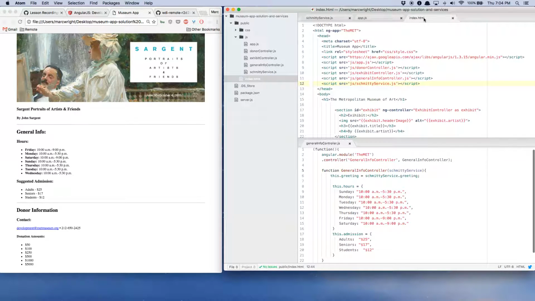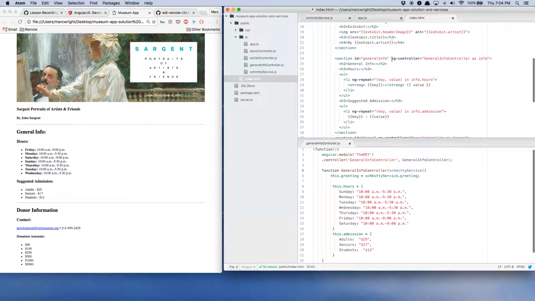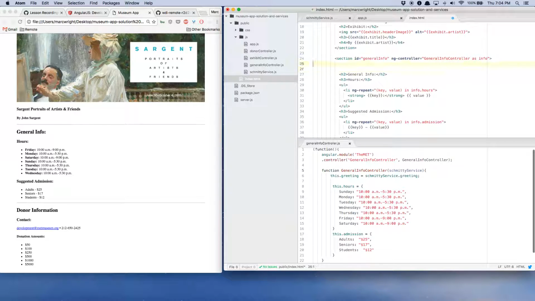And now if I go into my index.html and I go to the part of the HTML that the general info controller manages, so right here in this section, I'm going to put just an H1, and I'm going to look for info, because now info is the alias for general info controller. Now I'm going to call info.greeting, which is essentially that property right there. So if I put info.greeting,